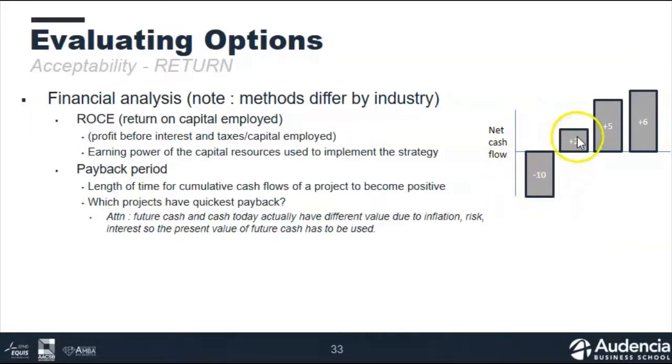We've lost 10 here, suddenly we've made up 2, so we're at negative 8. We've made up 5, so we're at negative 2. Suddenly in our fourth year, wow, good, we've got a cumulative positive 12. We invested minus 10, so basically our payback period is going to be a little less than 4 total years to get to payback for this initial negative 10. So what's the length of time for cumulative cash flows to become positive? In this case, it's 4 years.